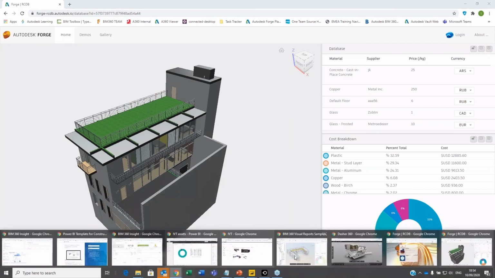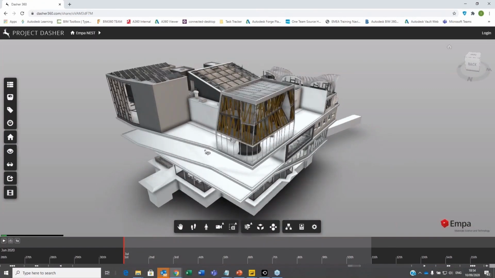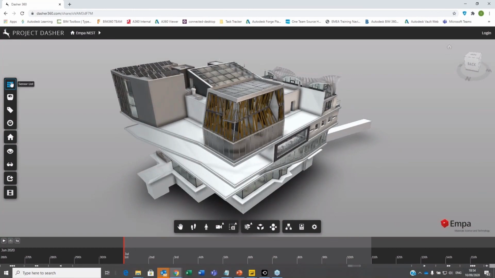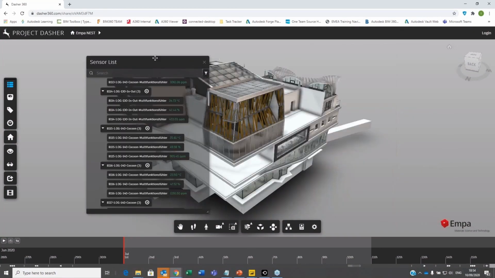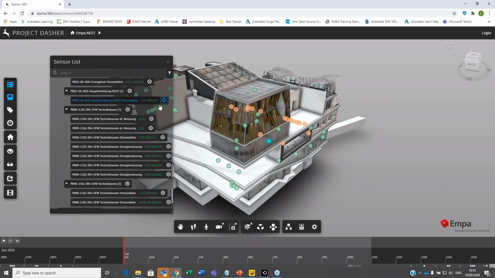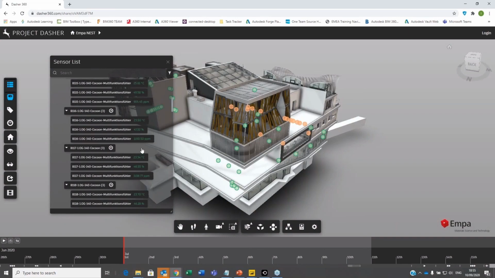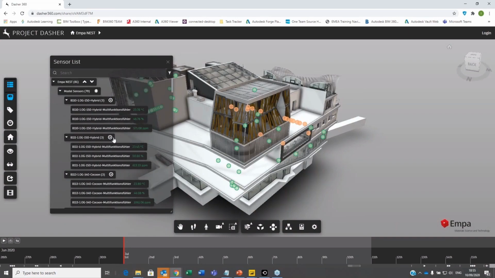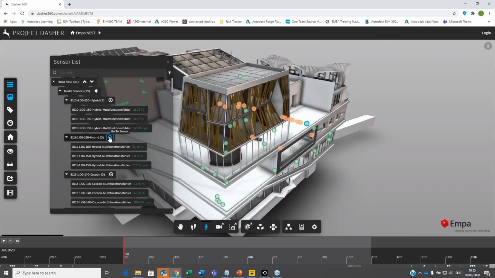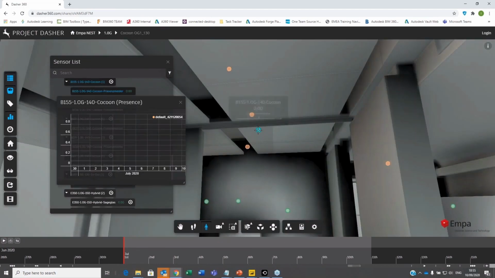One of the things that we've been playing around with is something called Dasher 360. What you see here is, again, that very same viewer. What we have is now a list of sensors, and I can visualize those sensors. If I want to go in here, I can say, okay, show me one of those sensors. Let's take that one, and it's going to zoom in and tell me, well, here's my